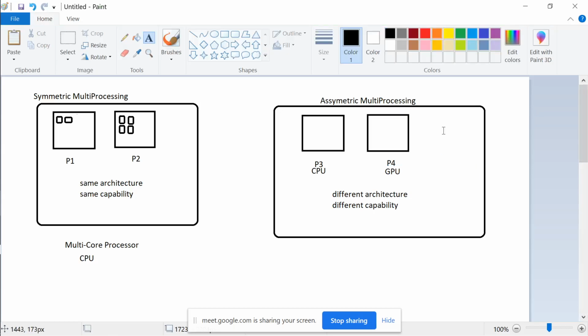GPU is also a processor, but what GPU does and what CPU does are two different things. They are designed for different purposes, their architectures are different, their capabilities are different, and their needs are different. When you have a CPU plus GPU inside your computer,